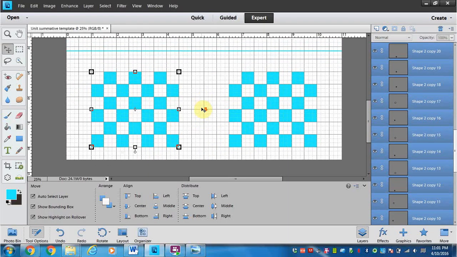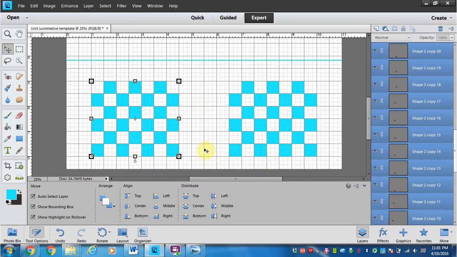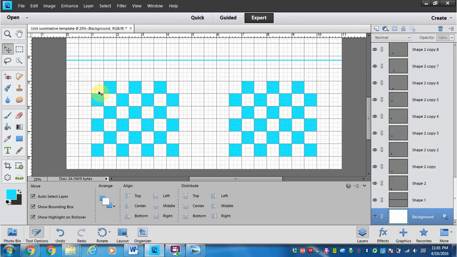Now that looks good. So next thing I'm going to do is figure out what month I'm going to start with. If I'm going to start in January of the new year, I need to go to the calendar and figure out what day it starts. Does this number 1 start on a Wednesday, or what day does it actually start on? So let's assume it just starts on this one here. So I'm going to zoom in